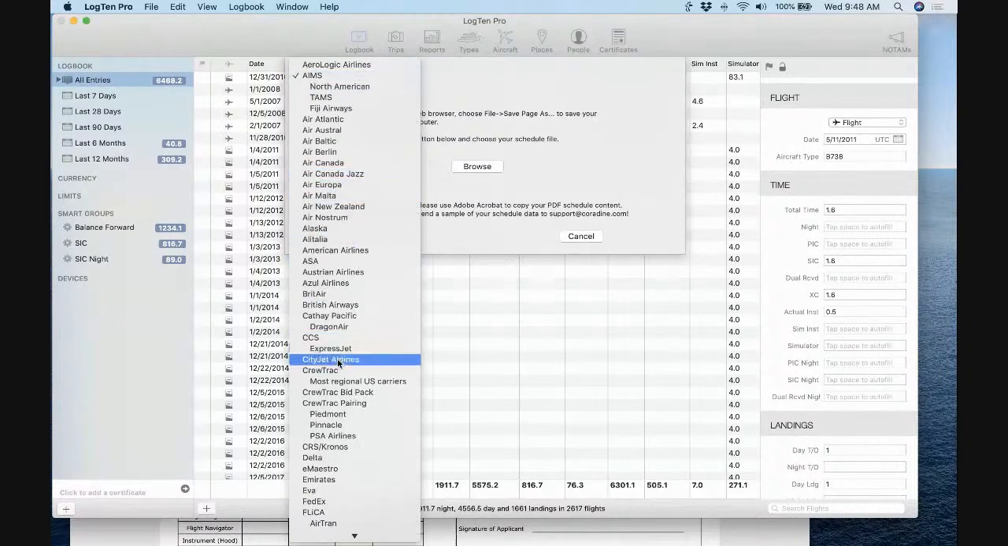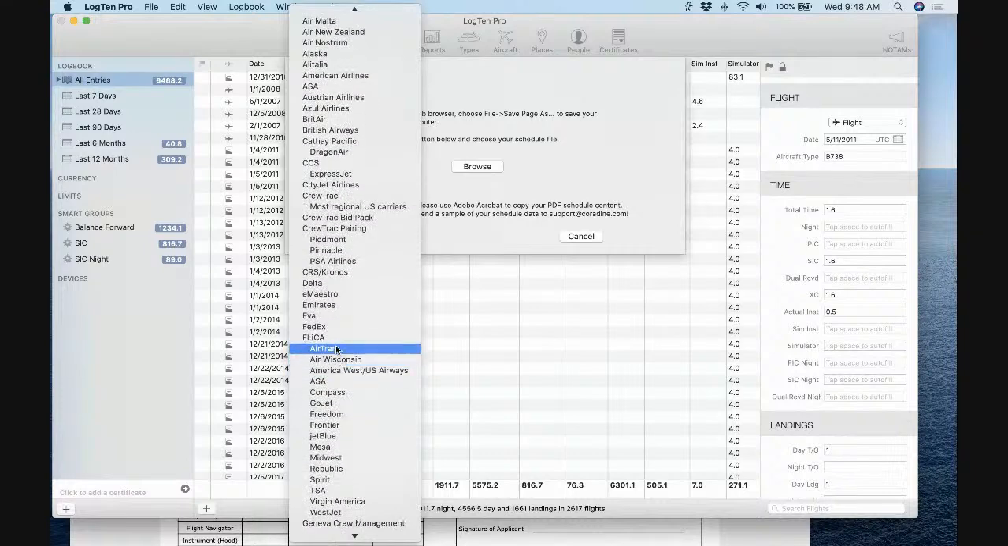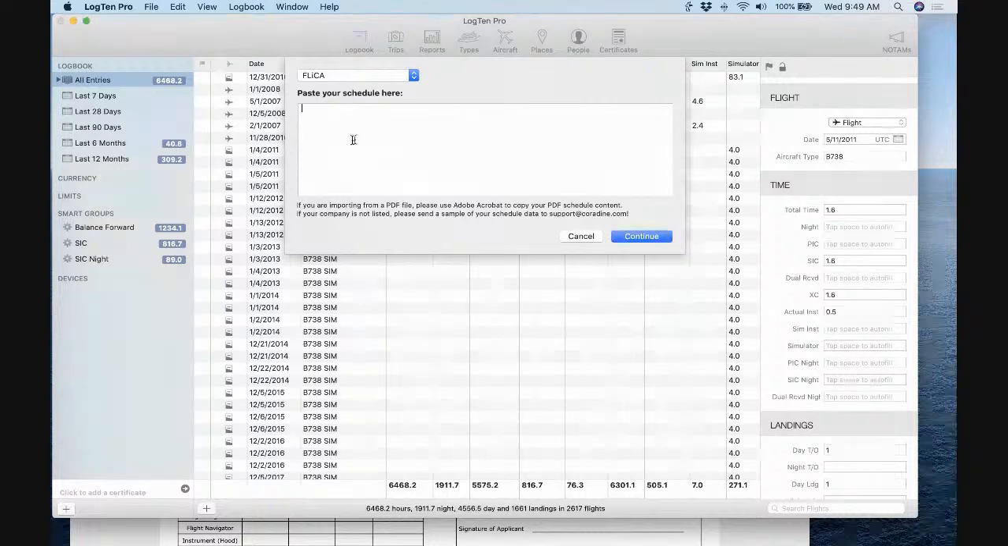Some of these systems, let's just go down to Flica, you can see this one has a paste your schedule here. So some of these systems want you to copy the computer screen from your system and then paste it into here. I don't have any airline schedule examples on me. How to get this data in your airline is specific to the airline,